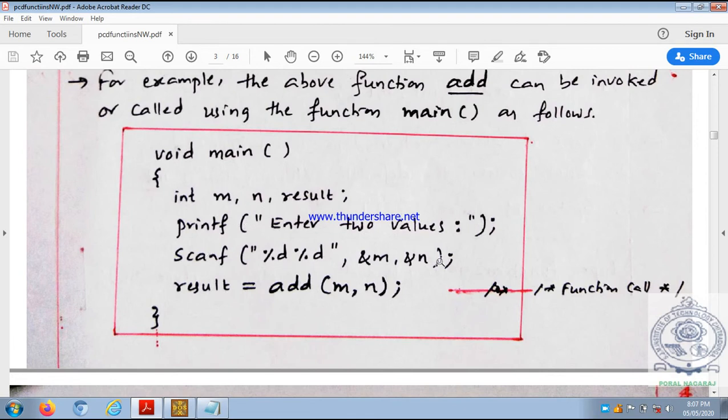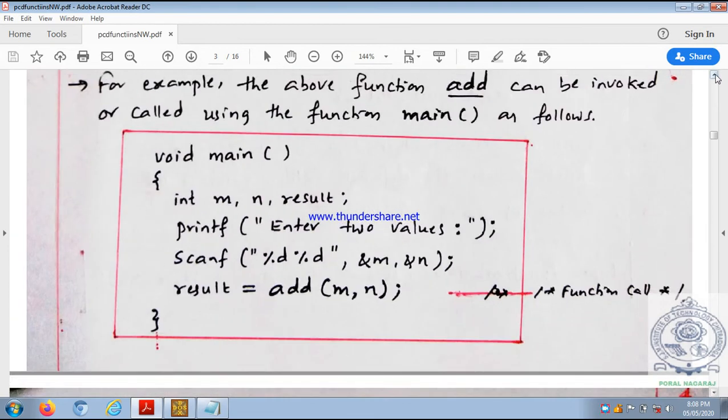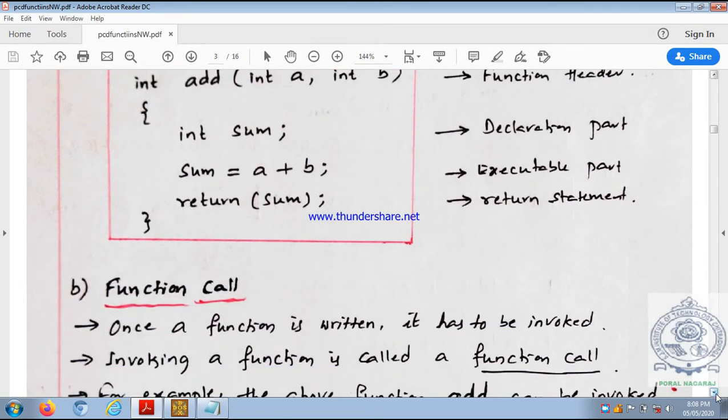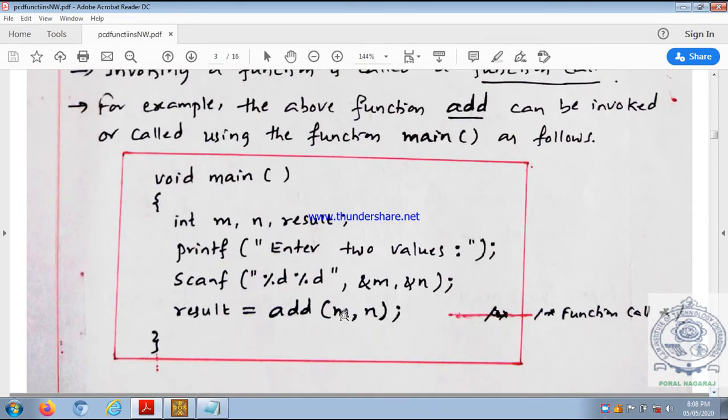So m and n are the 2 inputs here, ampersand m comma ampersand n. Now I wish to add m and n. So I have already written a function called add. So I am calling that function add with how many parameters I have written? 2 parameters. One is a, another one is b. So I call that function with 2 parameters, m comma n.